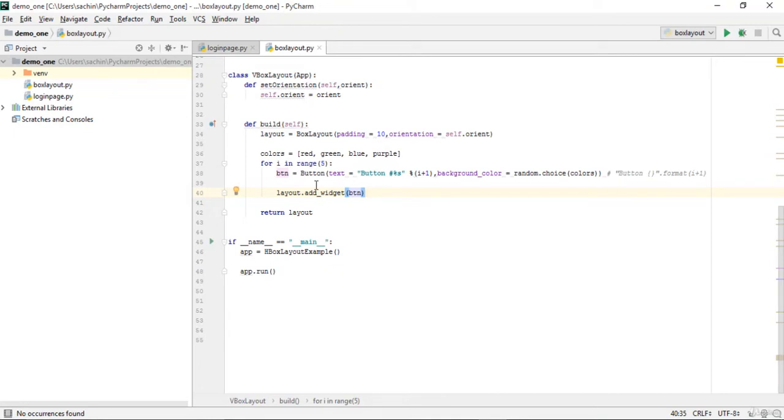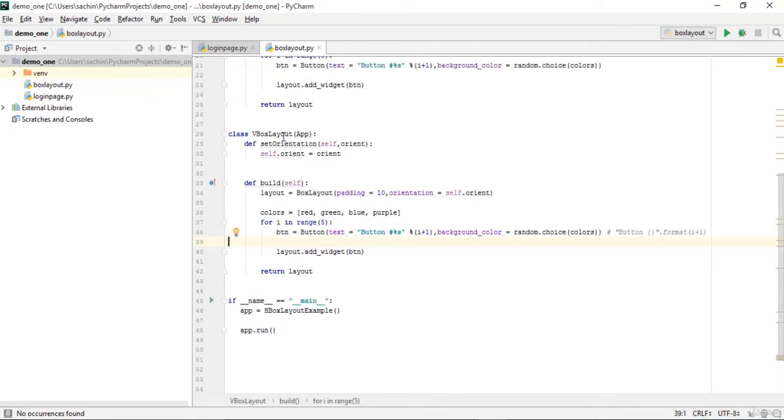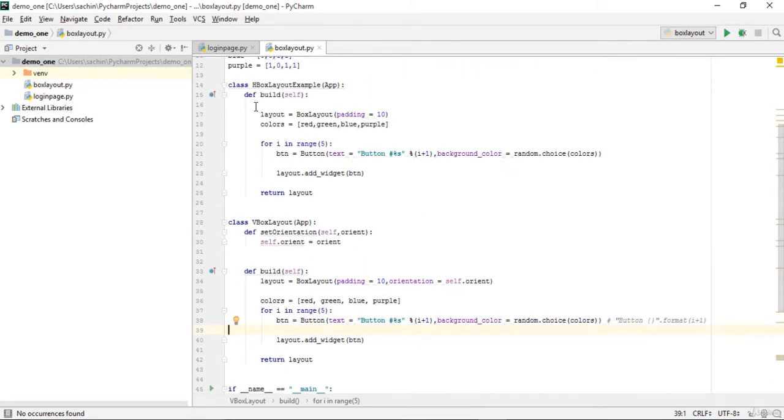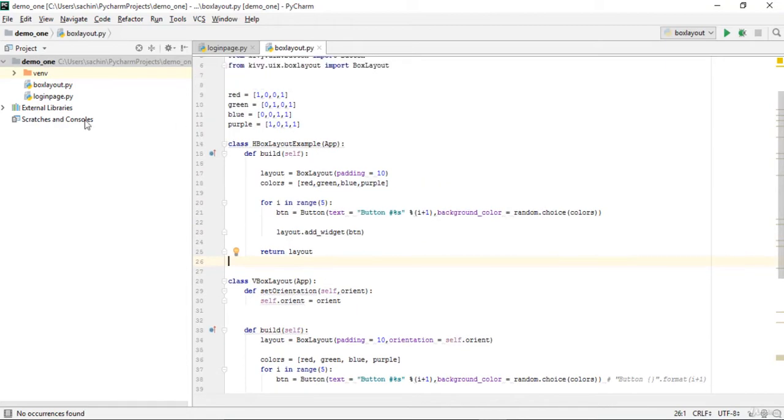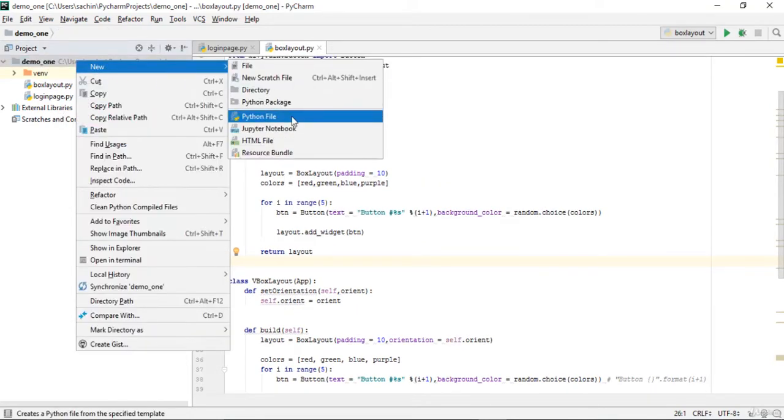So basically that can be achieved by using the Kivy language, and similarly that can also be achieved by using standalone Python code. So instead of writing all of this code in order to style a widget, we can do that using the Kivy language within a simple line of code, and we can just maintain that file outside this .py file. That means we can create a new file in order to store that Kivy language,